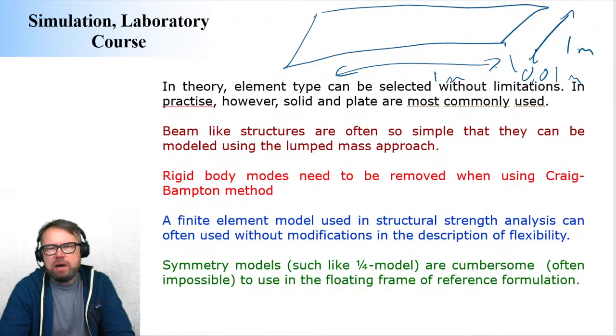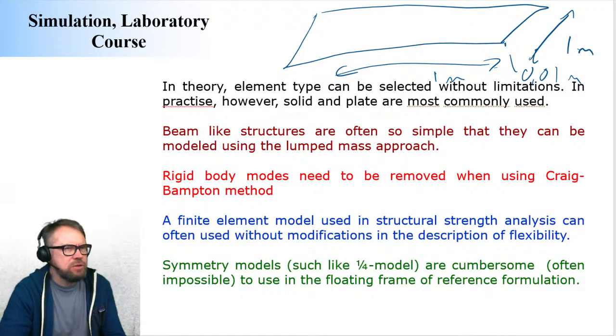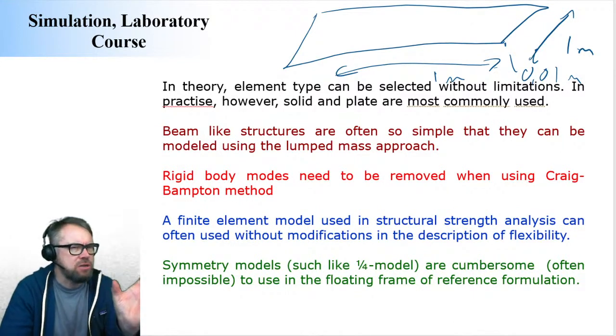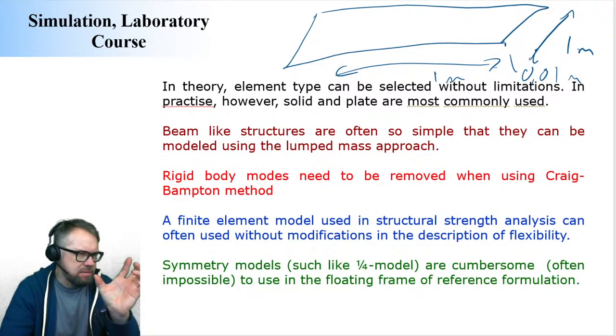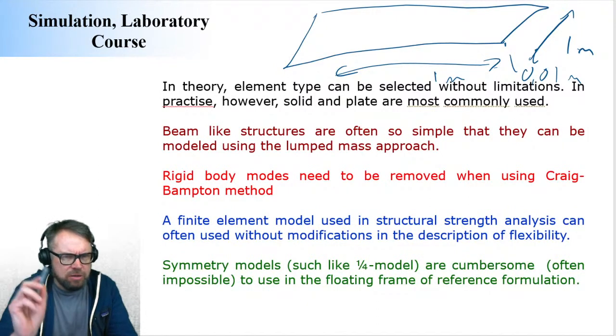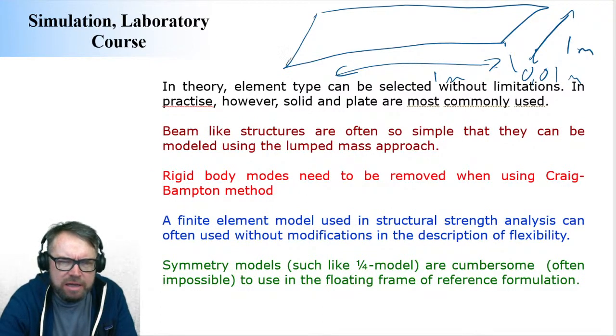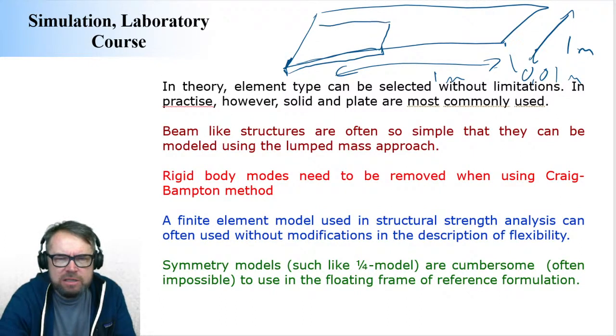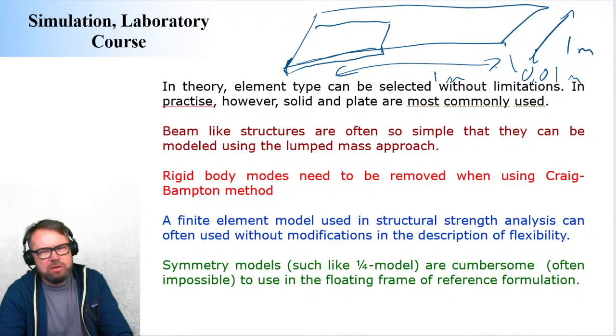And now to model this by using solid elements, you need to use quite a bit of solid elements because you cannot distort the shape of the solid. I mean that you can, but when you do so, you're usually losing quite a bit of computational accuracy. So you are not getting accurate results anymore. So you cannot model this by using solid elements that are 1 centimeter thick like this, and then, let's say, half a meter this direction, another half a meter this direction. You cannot distort your